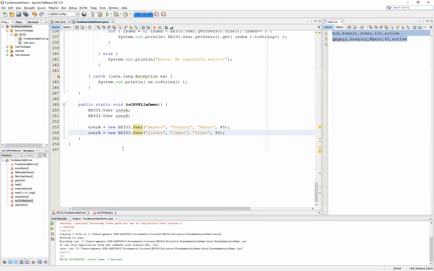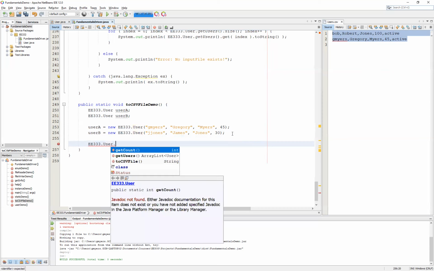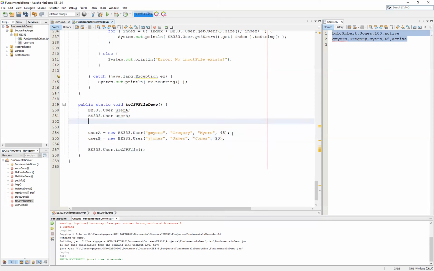And the idea is I wanted to have something a little bit different than what you see in your users.csv file so that you can sort of verify that this is working. Now, at this point then, all we have to do is make a call to our EE333.user.toCSV file function. And what we'd like to do is capture whatever results were returned